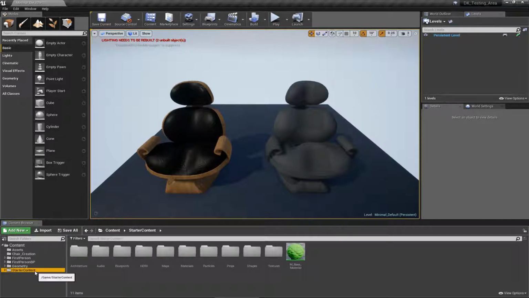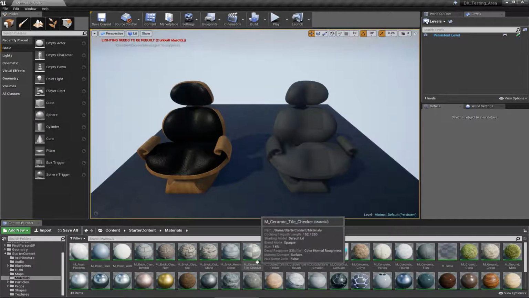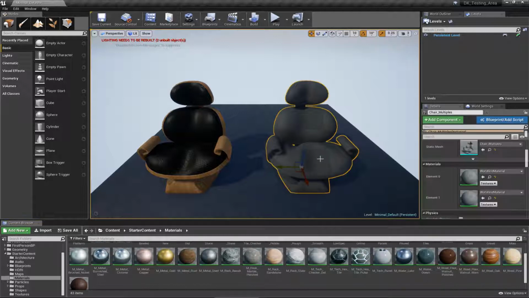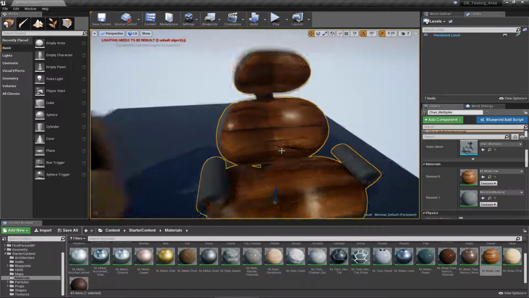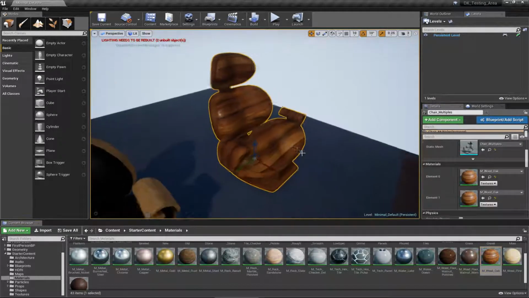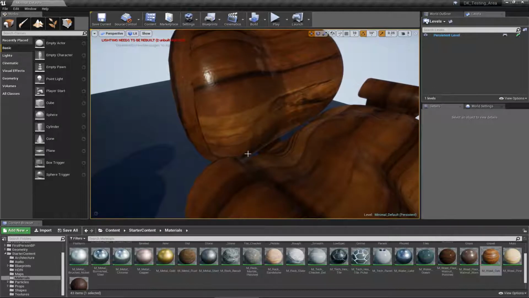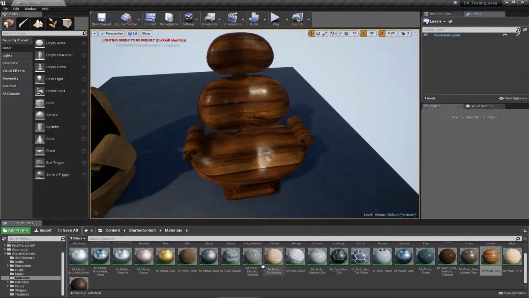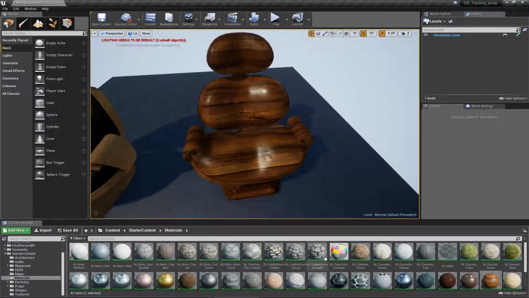So I'm going to go to the starter content. From here, I'm going to try and pick up some of the materials that are already present here. So let's see if we have a wood walnut polished. All right, let's try some of these. So wood oak, click and drag it in here. Well, actually we want to have this thing on this portion here, which is nice. All right, and I want to have a different material for, let's try something like,